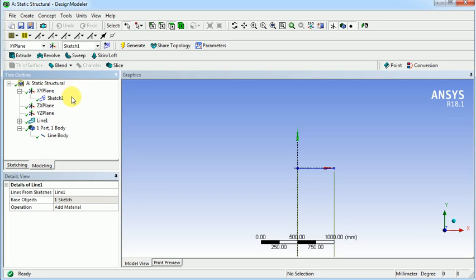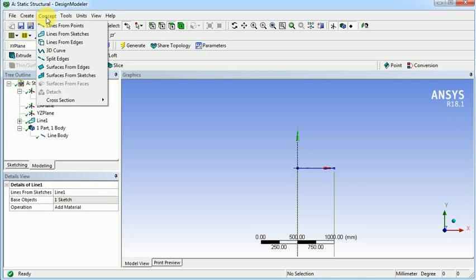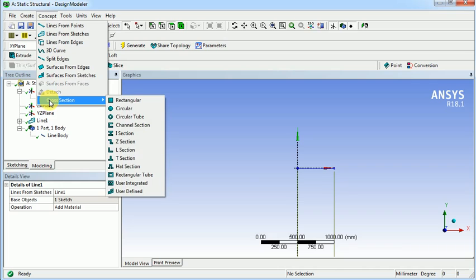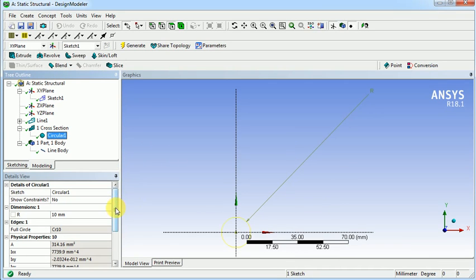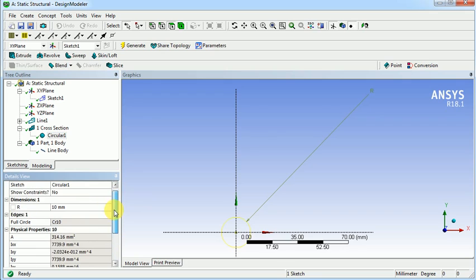Now we have to assign a cross section. For assigning a cross section, go to the Concept toolbar and select Cross Section, which is at the bottom of its menu, and select Circular as we have to define the circular section. When we click on the circular section, we can give the dimension using the details view.